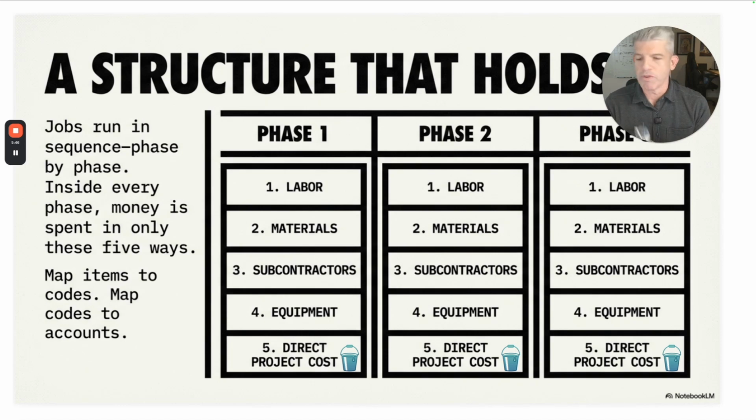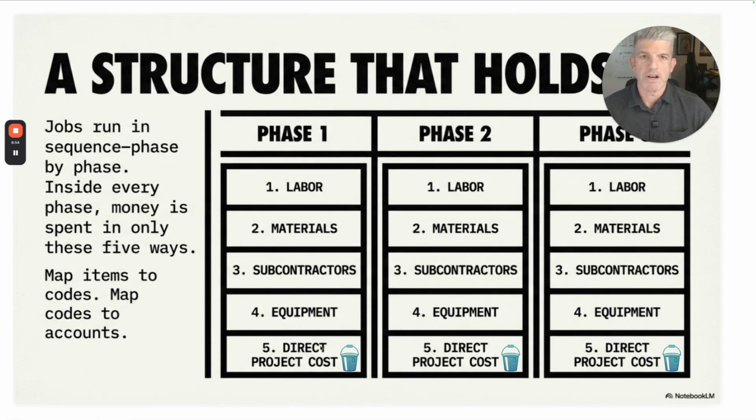direct project cost. So an example here might be I have to hire an engineer for a project. Well, technically, the engineer is a subcontractor to my business, but I don't want the money that I pay an engineer to be mixed in with all of my traditional subcontractor costs, like my electrician, my plumber, my drywall guys. So that's what that catch-all bucket of direct project costs is for. If it's not labor, materials, subcontractors, equipment, it lands in that bucket, and we have a cost code for it